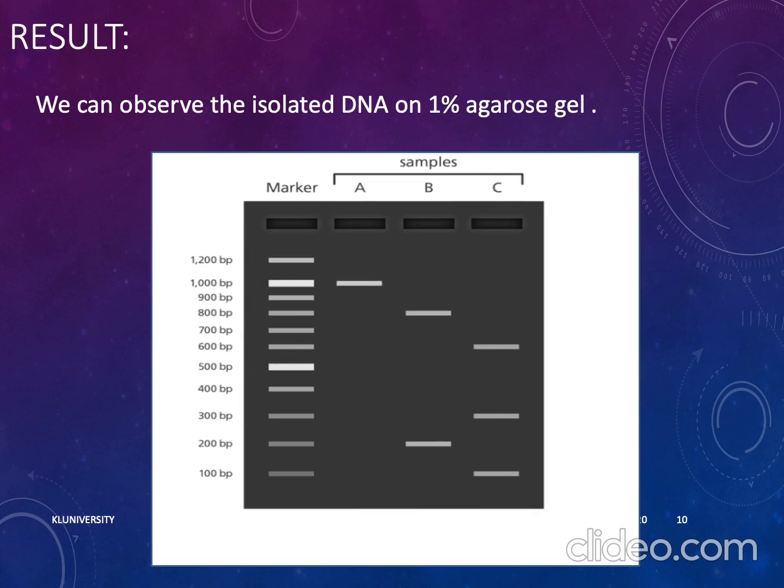As a result, we can observe the isolated DNA on 1% agarose gel. Gel purification allows you to isolate and purify DNA fragments based on the size as shown in this picture.